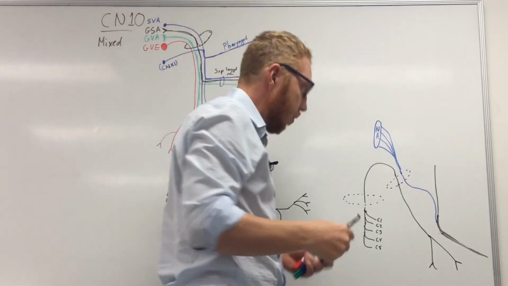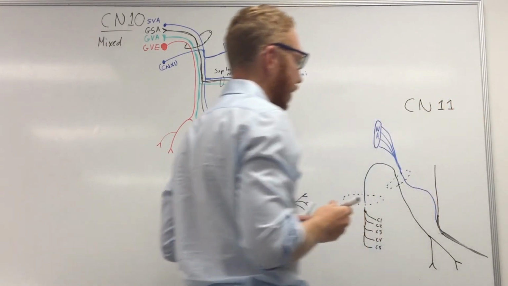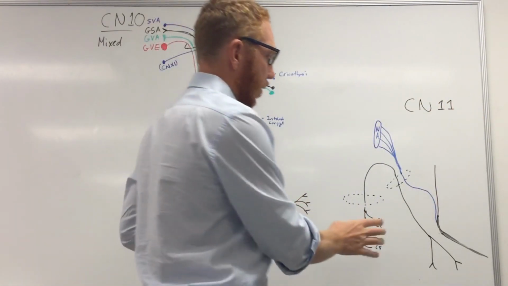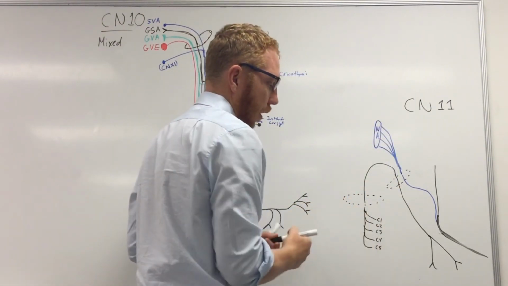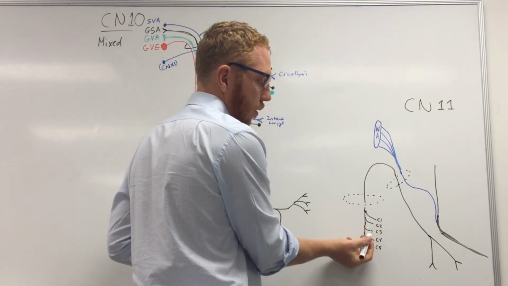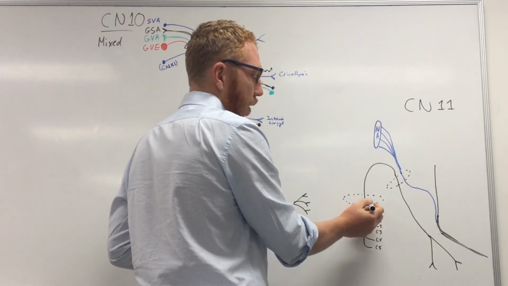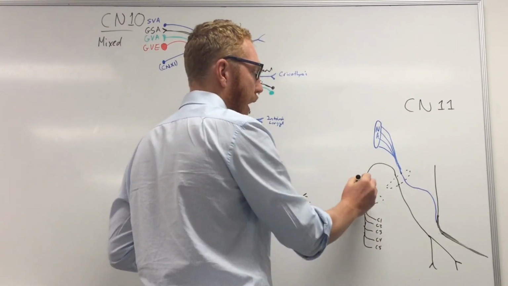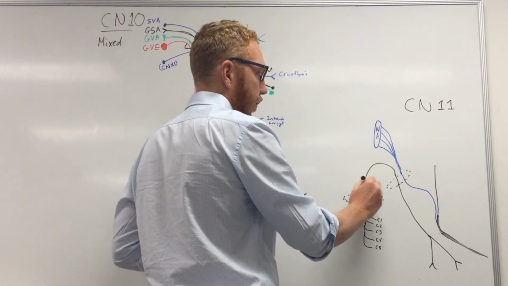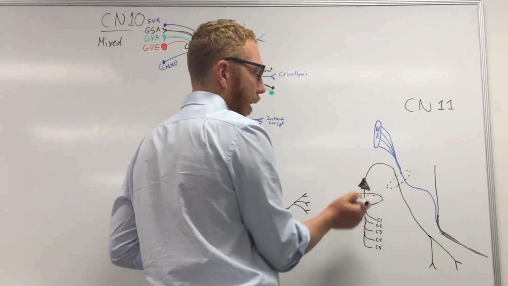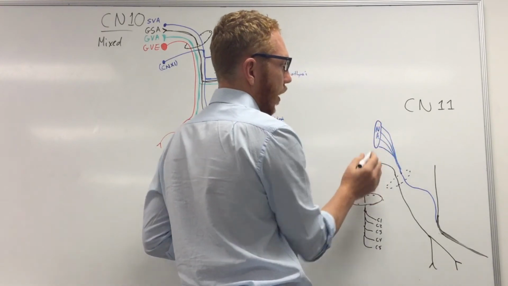Moving across now to cranial nerve 11. So this is the accessory. It's got two parts to it. It's got the spinal accessory and the cranial accessory. So the spinal accessory, as you can see, comes out at levels C1, C2, C3, C4, C5. They merge as rootlets and go into one, where they pass through, so they're actually going up, through the foramen magnum, up they go, and then they come and meet the cranial portion of the accessory nerve,